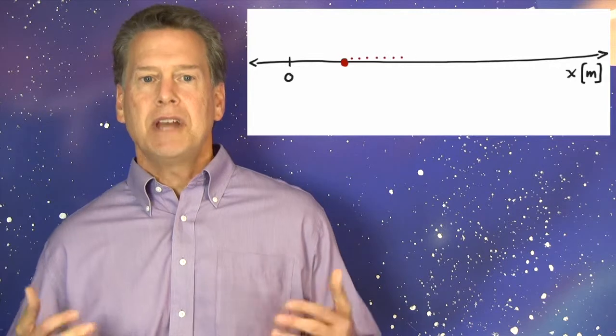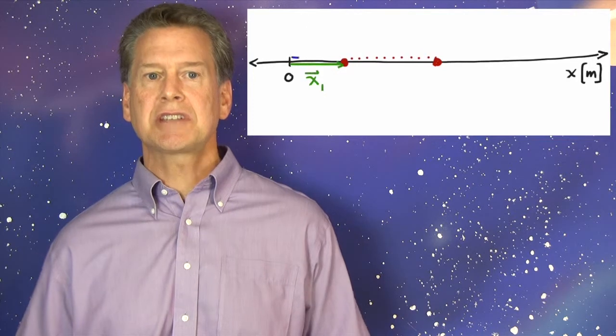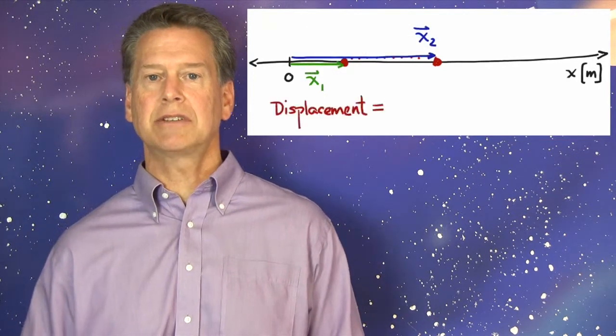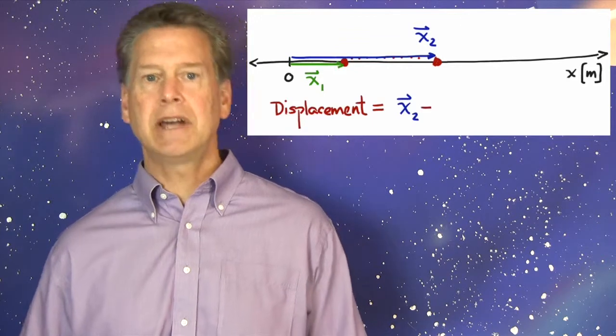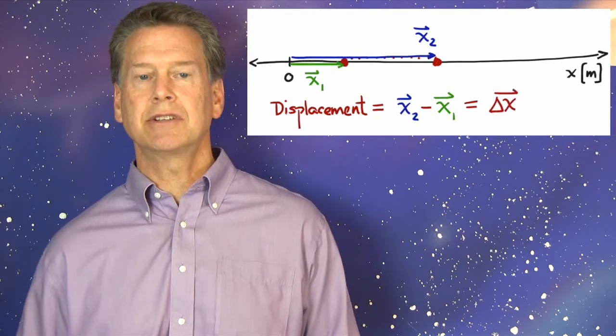This is the power of algebra. We can describe an infinity of situations with just a single symbol. If you're uncomfortable with algebra, find a good math teacher, human, book, website, or app, and get hold of the basics. We'll need algebra often in radical physics. The object's displacement, when it goes from x sub 1 to x sub 2, is just the difference between these two x vectors. X sub 2 vector minus x sub 1 vector equals displacement equals delta x vector, where the